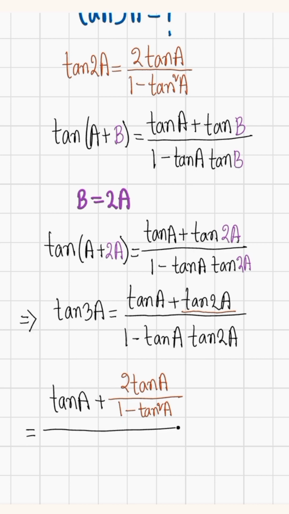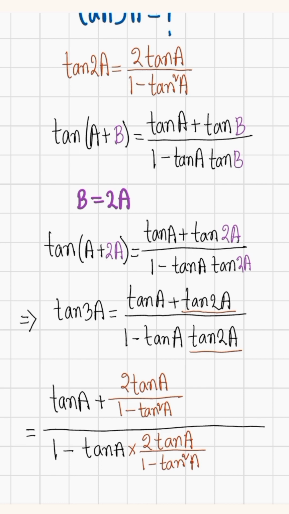divided by 1 minus tan A into tan 2A এর জায়গায় লিখতে পারি 2 into tan A divided by 1 minus tan square A। এখন আমরা লব এবং হরকে 1 minus tan square A দিয়ে গুণ করে দেই।